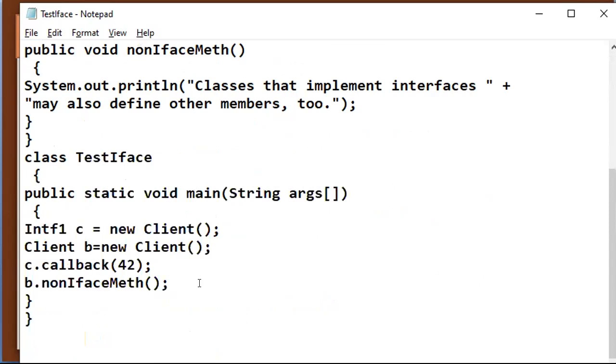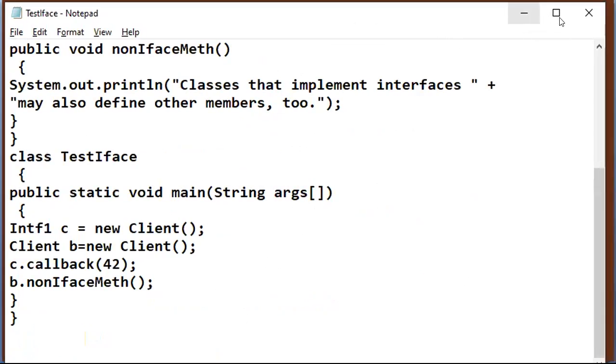Okay, so that is the concept of interface, and how to create an interface, all these things. Till this we'll end this session. The remaining we will continue in the next class.